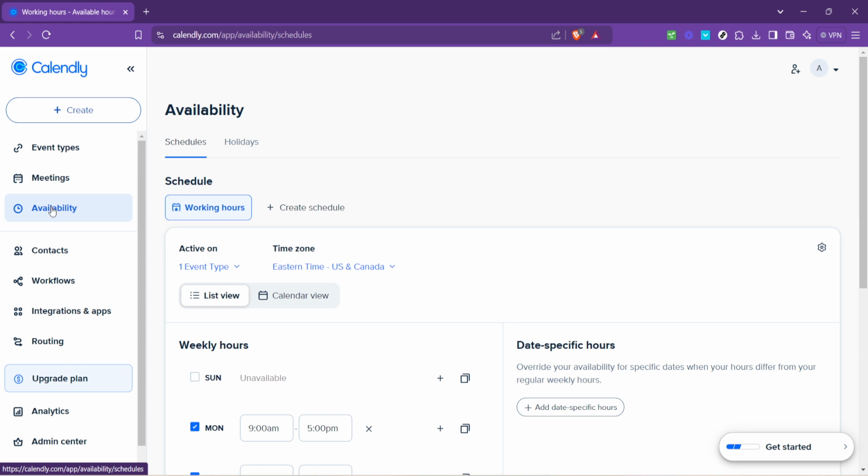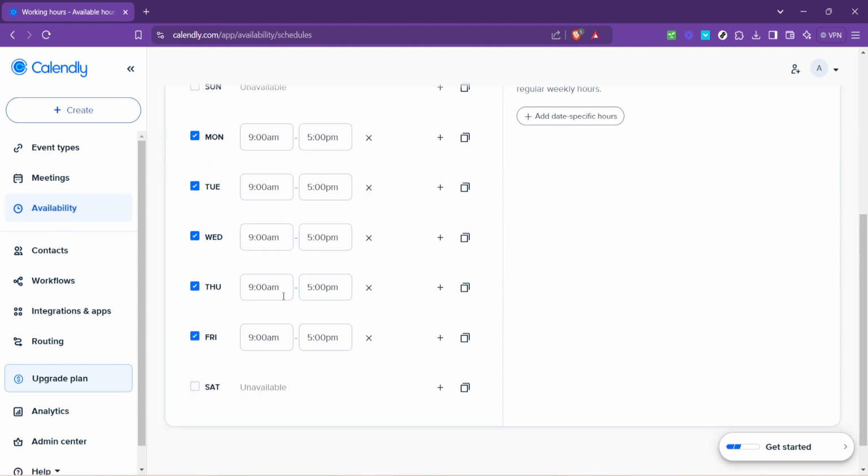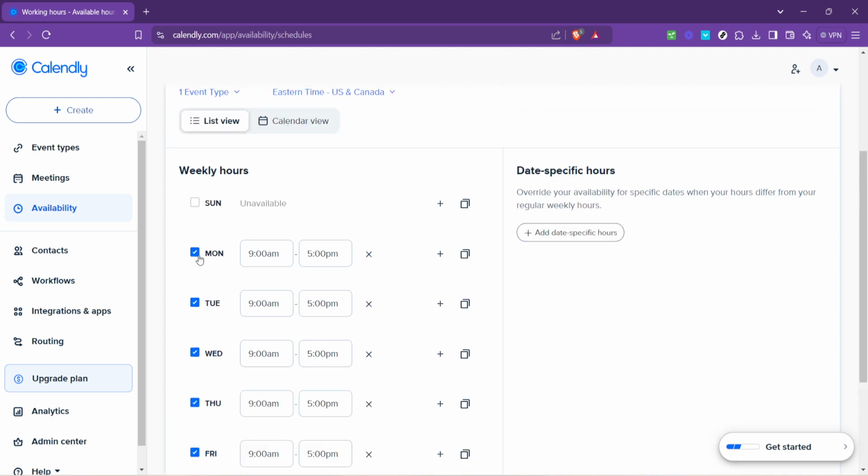In the availability settings, you'll see your current setup. Maybe you've got specific days you're available, or perhaps you've blocked off time for other commitments. Whatever the case, this is the section where you can fine-tune your availability to match your current needs. You can choose to add more slots, remove some, or switch up the days based on your changing schedule. The goal here is to make sure that the times you're available for meetings align precisely with your real-world availability.